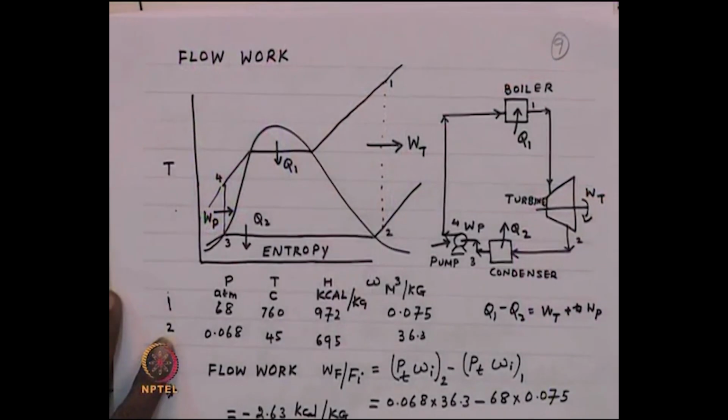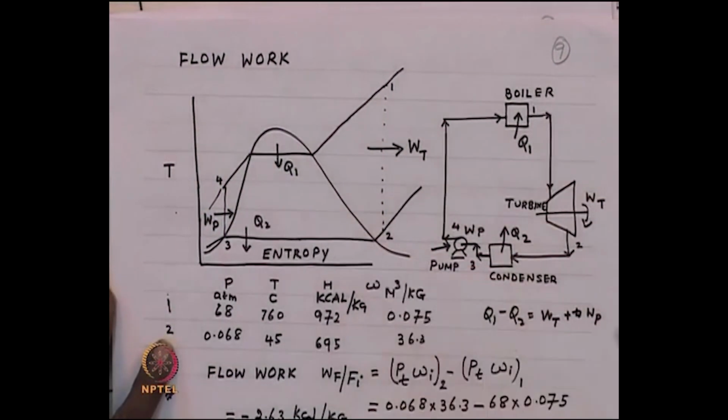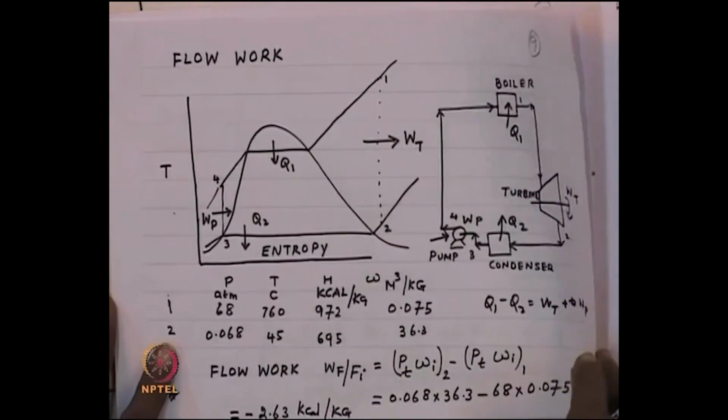So, let us see what happens in a steam turbine. Steam turbine we have done anyway. We already calculated steam turbine, we have calculated here. If you do the same calculation for a steam turbine, it is about minus 0.2, 0.63. Okay. So, we can calculate the flow work required for a steam turbine or for a sulfur dioxide plant and so on. Now, we also said that this is not common, but this is something that we would like to